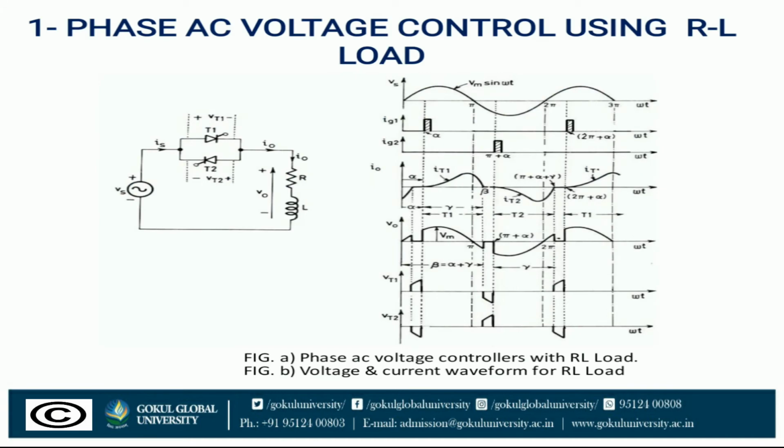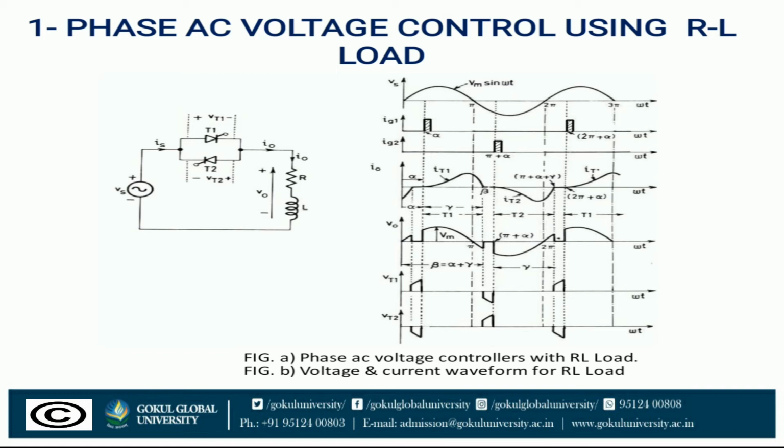Now, the single phase AC voltage controller using RL load. What will happen? We have already discussed it for the R load, but if we go on to discuss the L load, what will happen? The voltage supply waveform is shown in the figure. The pulses Ig1 and Ig2 are as per the waveform. Now, if we think about the output current,